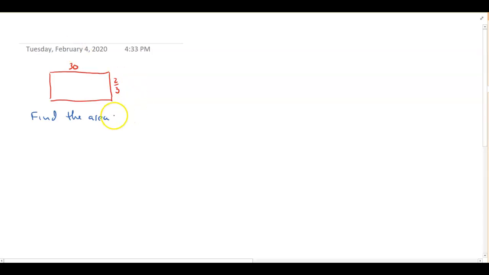So anytime they ask you to find the area of a rectangle, the one thing you have to know is if I have a rectangle, we call this the length and this the width, and the area of the rectangle would be the length times the width. So in this type of problem, if this is my length and this is my width, to find the area of it, I would do 30 times